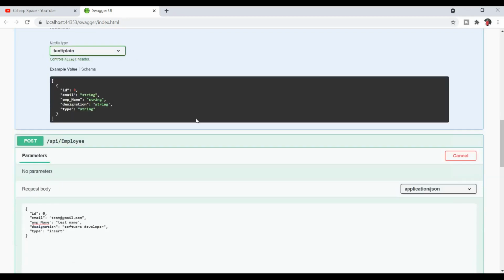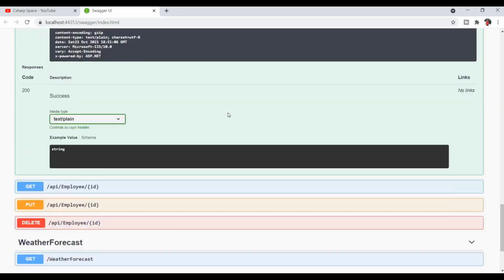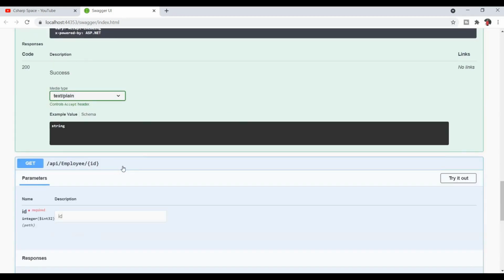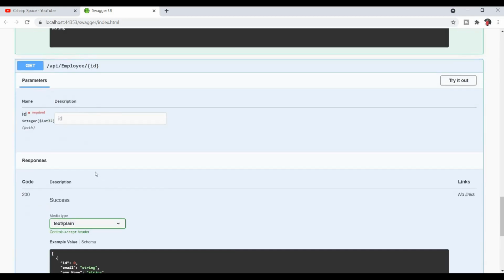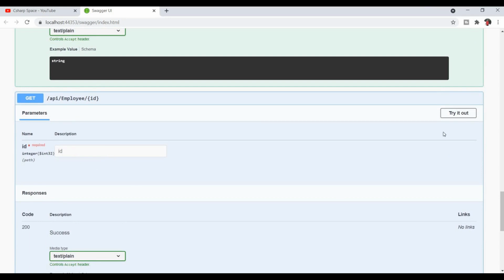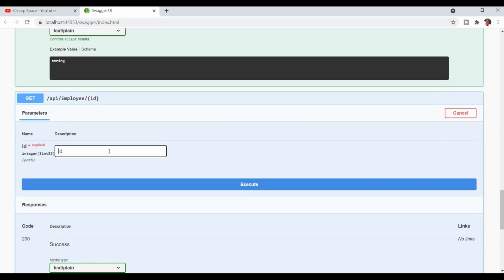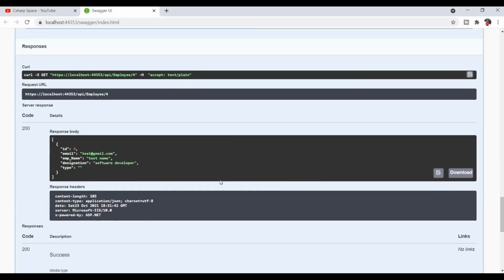Now we find the employee record by their id, like we check it out. I am providing a 4, then click on execute. This will find the record by their id. It's test@gmail.com,